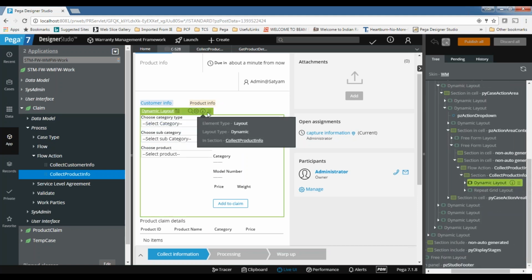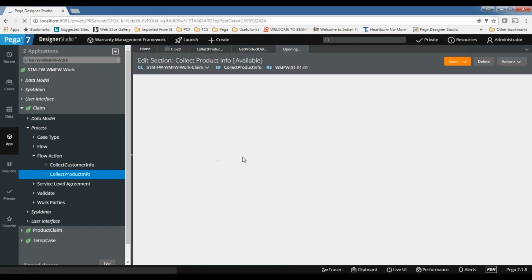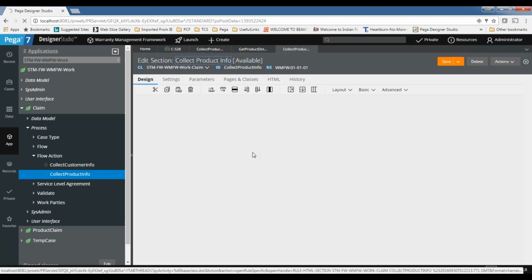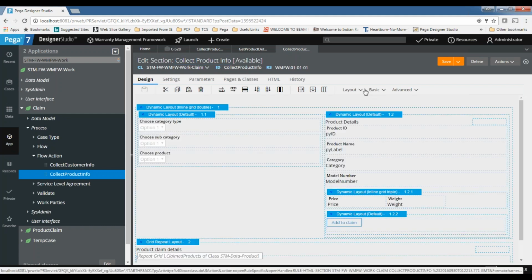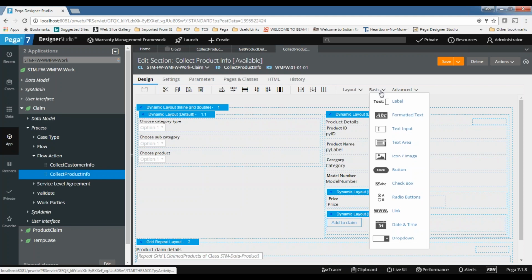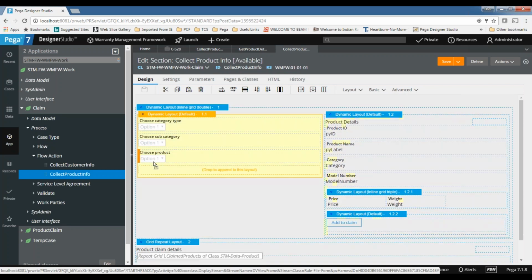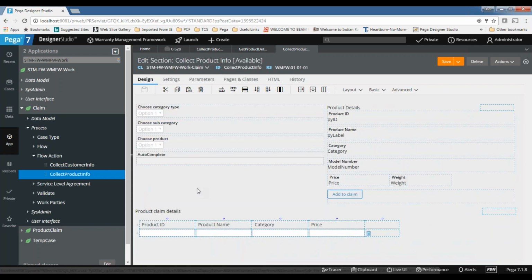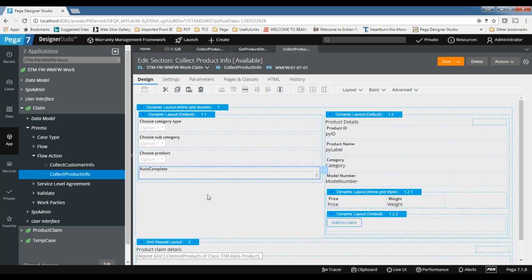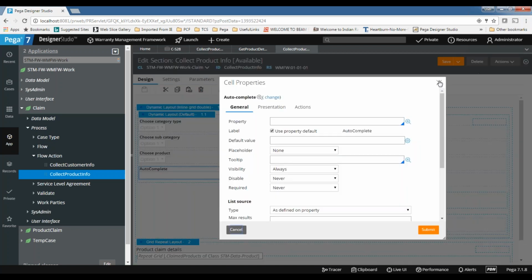Let's move up to the corresponding section. So here let me add one more. This time let me add autocomplete. Once the activity is executed, we can see that clipboard page.